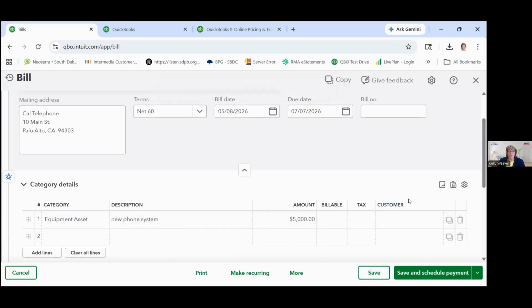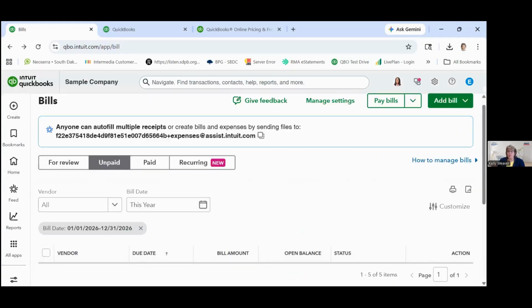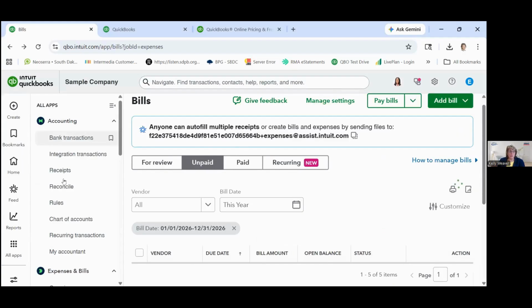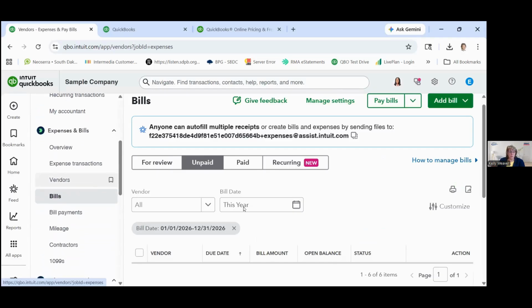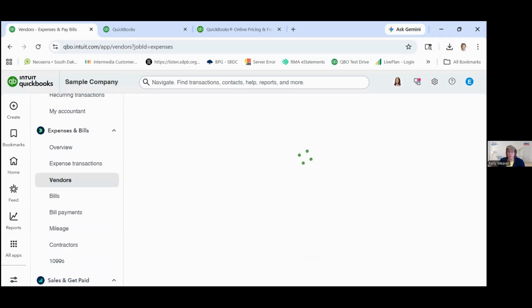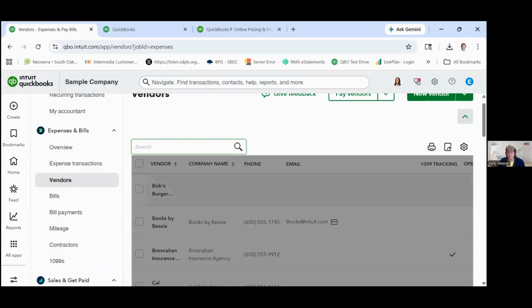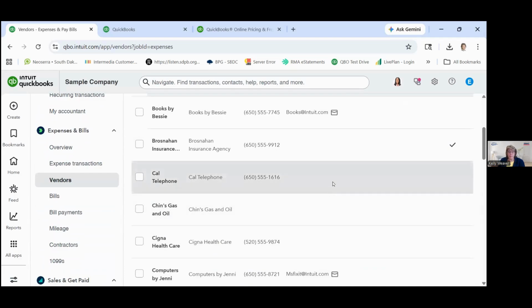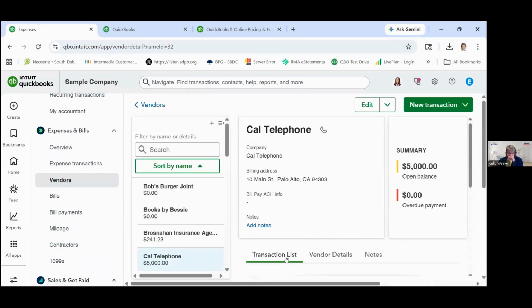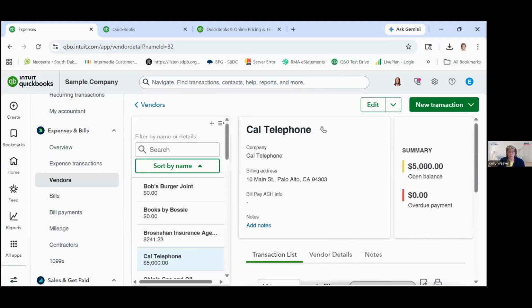Now if I go back to my vendor list and I see Cal Telephone, I think if I would have scrolled over on my screen, it would have said pay bill, but I didn't.